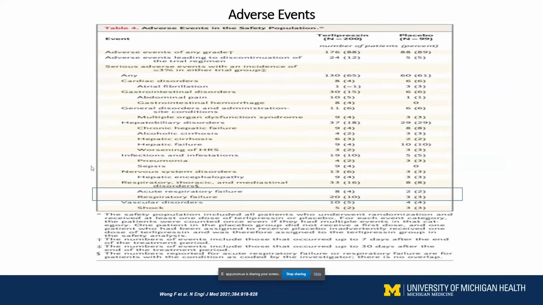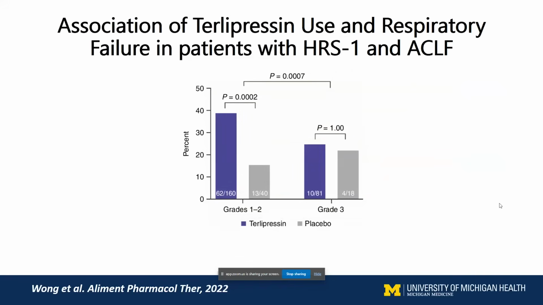Terlipressin is also associated with a high incidence of acute respiratory failure in these patients compared to placebo. So in order to tease out which patients were at risk for respiratory failure, they